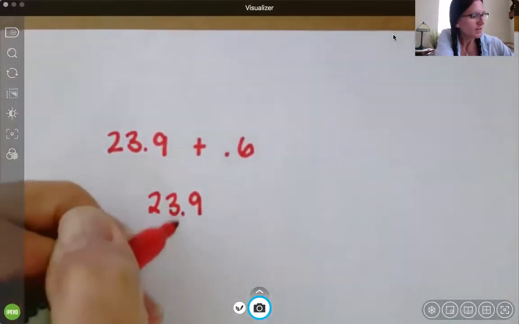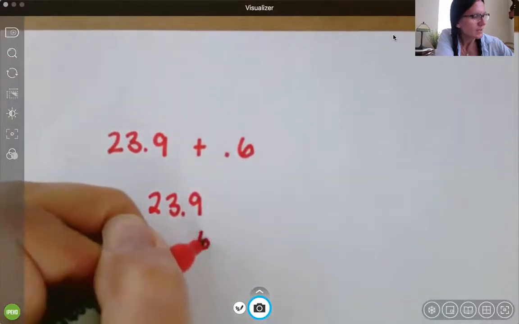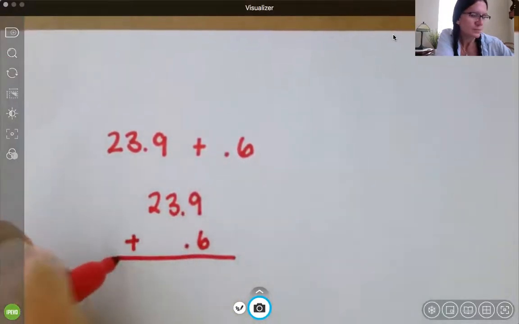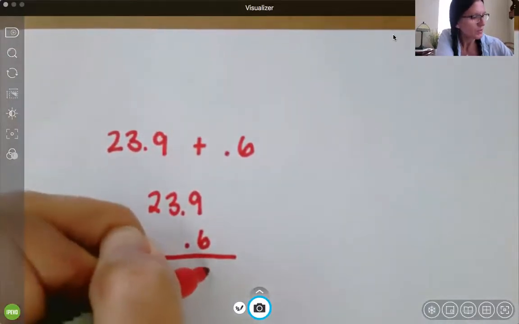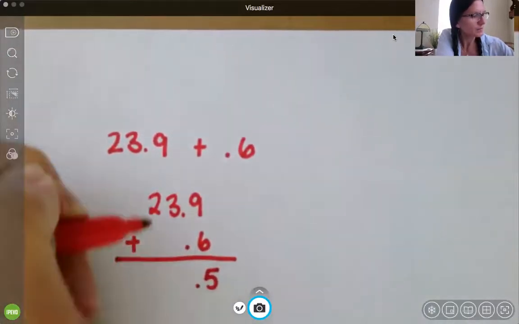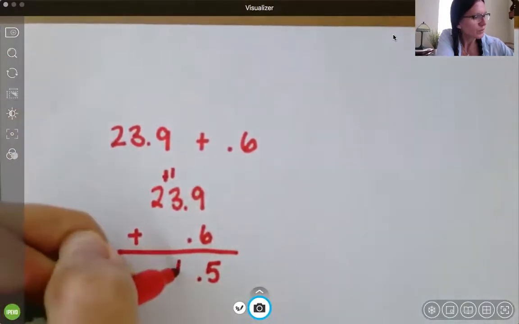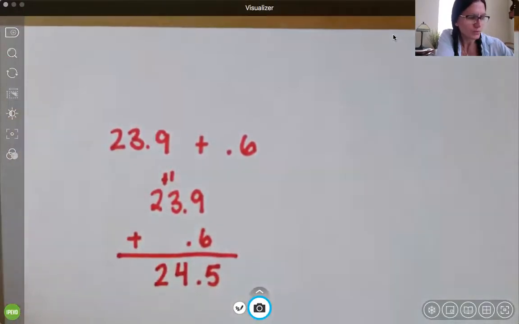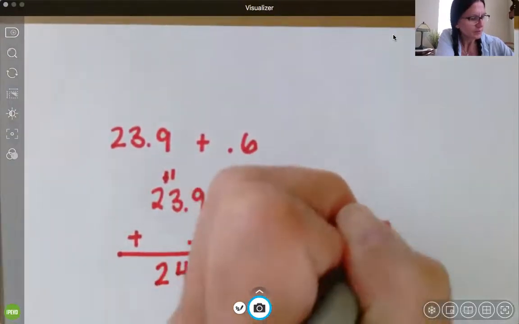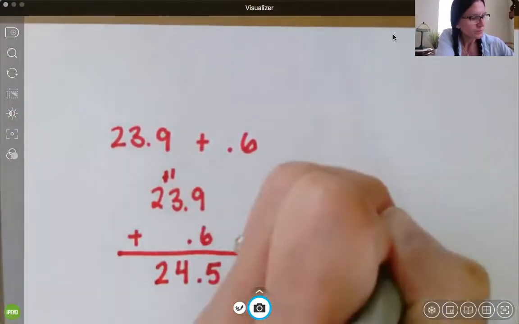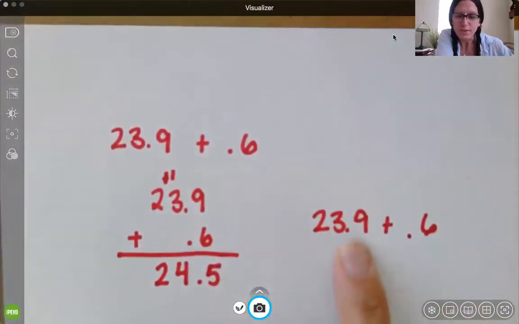I'm going to add my 6 tenths. I know I'm going to be over 10 tenths here again, so I could do 5, 4, and 2. But again, if I show you it this way, you can see that this is 1 away